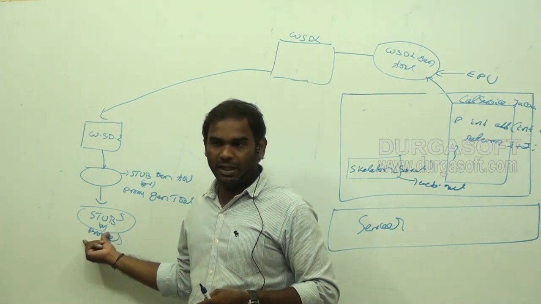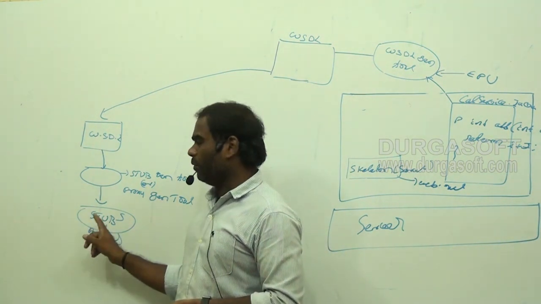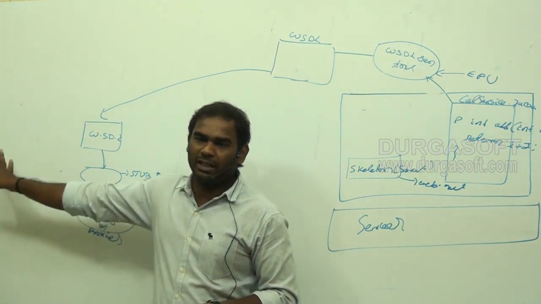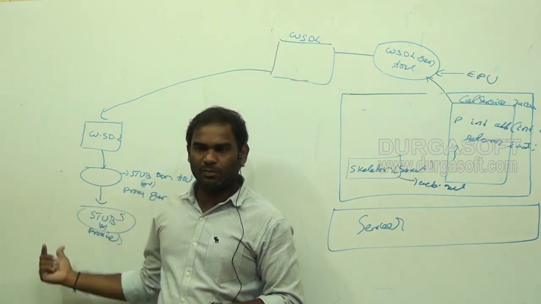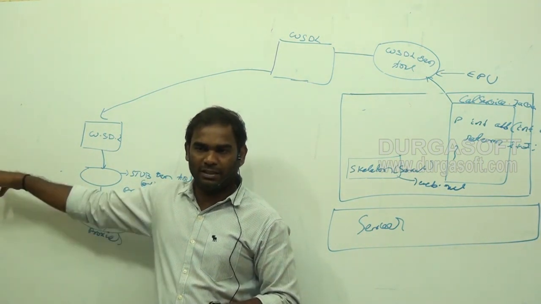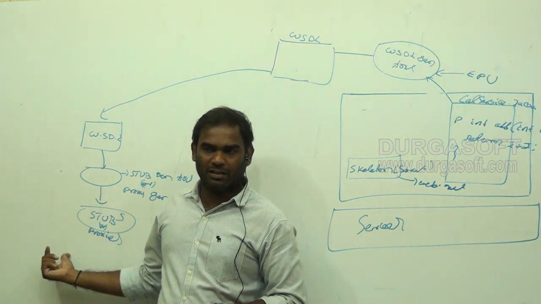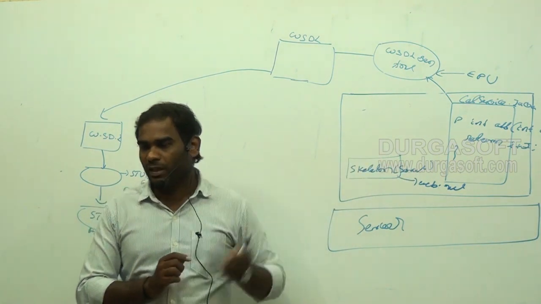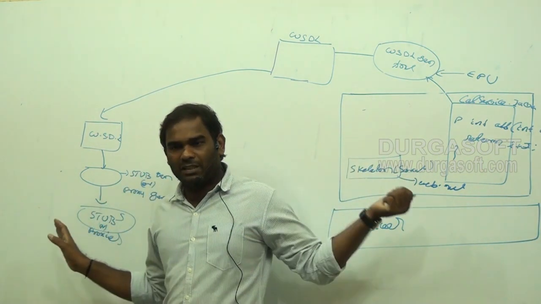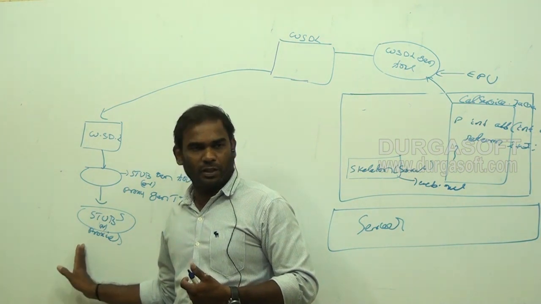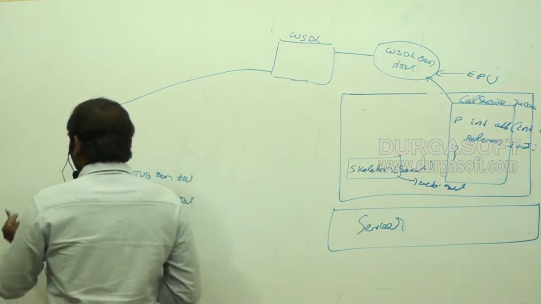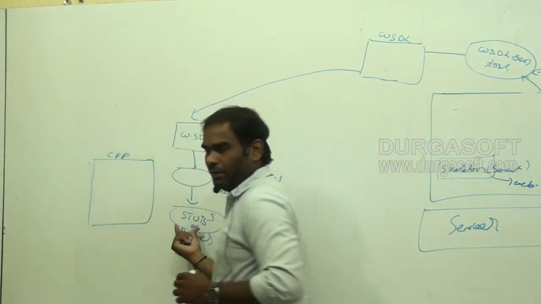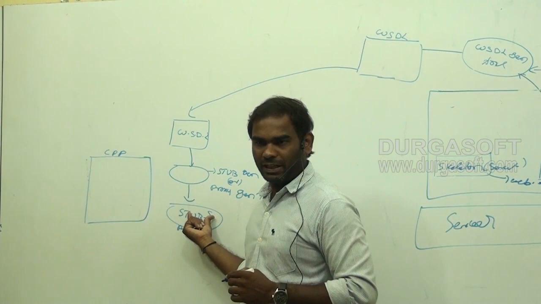We already discussed the capabilities of these stubs. Again, the stubs depend on the client. If the client is a C++ client, the stubs are C++ classes. If it is Java, they are Java classes. Understood or not? The skeleton is also the same; it depends on the service class. Whatever methods we have in the service class will be available in the stubs. Assuming the client is a C++ client, in our case they are C++ classes.